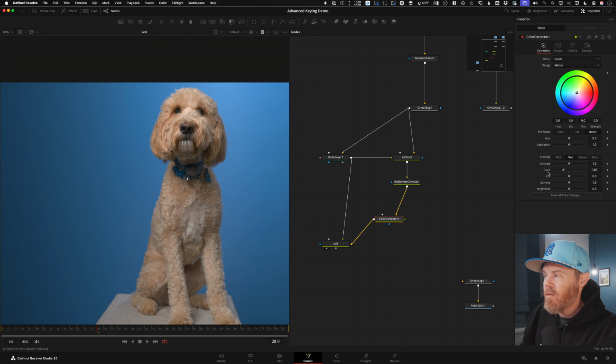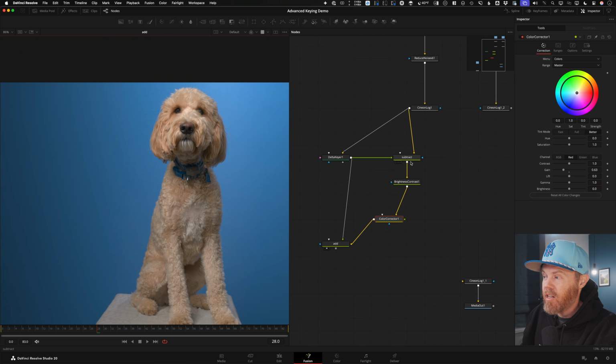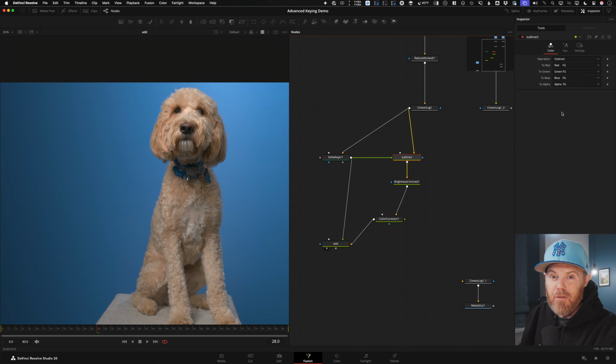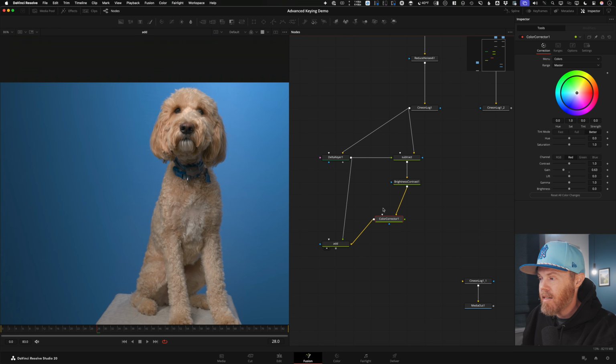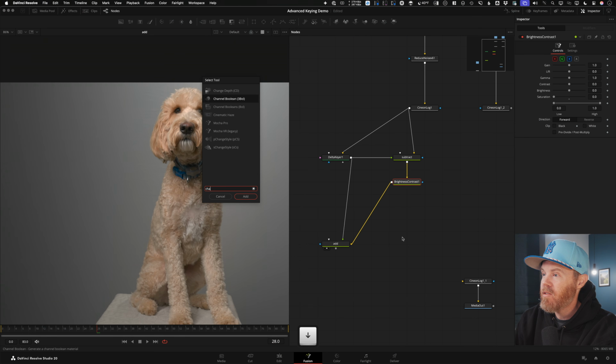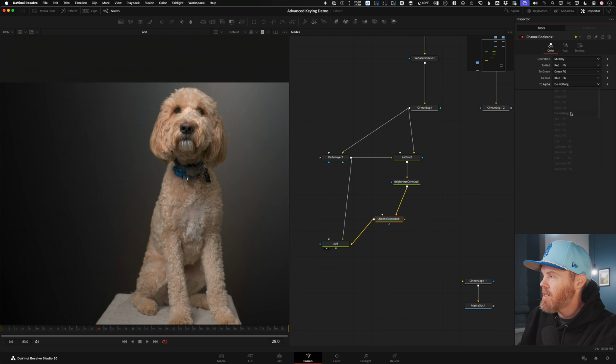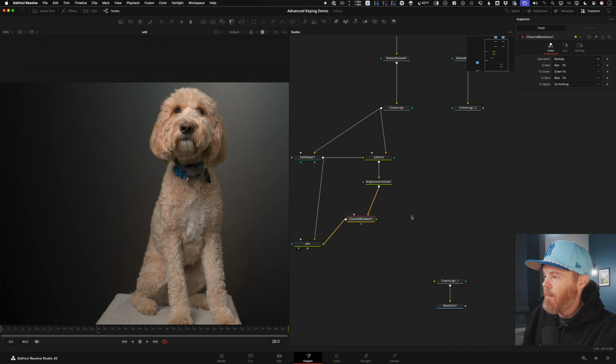So the idea is gain, when you're working in linear, is just doing multiplication. So if you've noticed in channel booleans, we also have mathematical nodes, right? Subtraction, addition. Since gain in linear is multiplication, we can actually replace this color corrector with the channel booleans multiply and start feeding our own stuff into here. It could even be an image, like the background image, for instance. So channel booleans, let's get to the exciting stuff, at least for me. We're going to change the channel booleans to multiply here, and we're not going to deal with any alpha stuff, so we'll just say no to that,